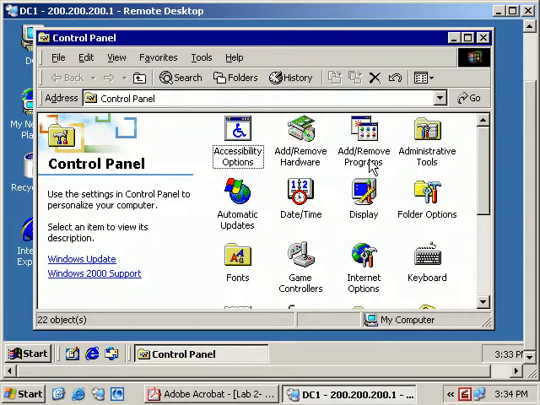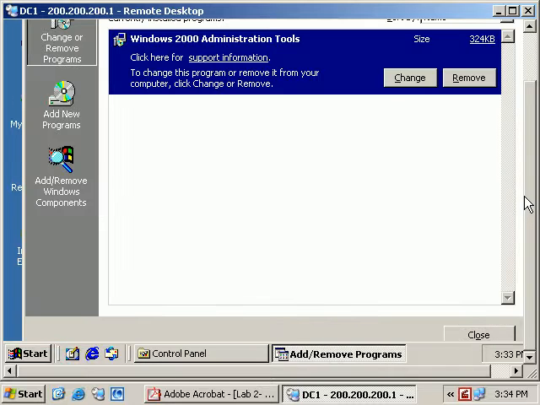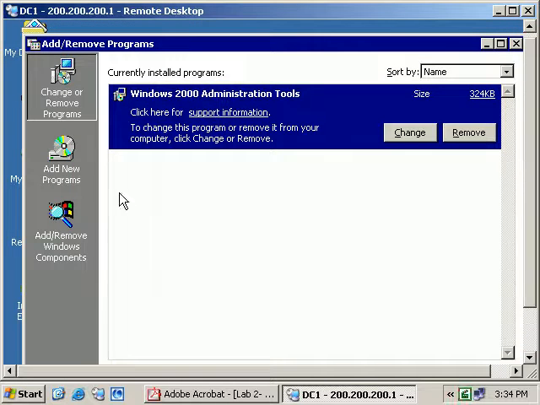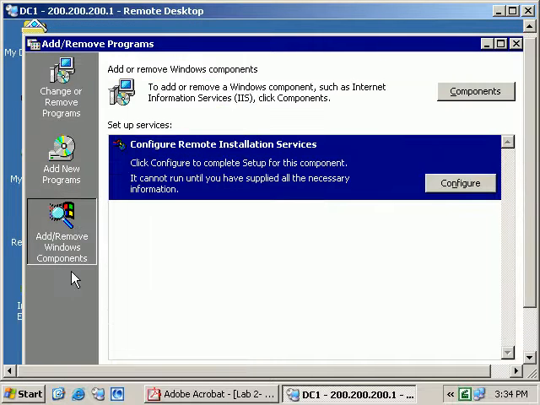And again, this they have changed in Windows Server 2003 to make it much more intuitive. So I'm back over here, and when I go to Add Remove Windows Components, it tells me that there is a service called RIS sitting out there, and it's waiting for you to configure it. So the biggest exception over here is that in order to configure RIS, you need to go back to the control panel. This time when you click on the Add Remove Windows Components, it's asking you to please go ahead